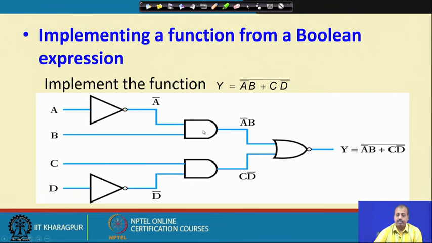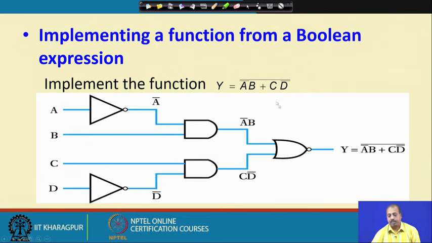Now, how do I realize a bar b? For getting a bar b, I have to do AND of a bar and b. So, this is an AND gate and we have a bar and b here. b is coming directly from the primary input, but to get a bar I have to take an inverter, and then a will be applied here and a bar will be obtained from there. Similarly, for getting c d bar, I need another AND gate, in which c will be one input and d bar will be the other input, and for getting d bar from d I have to have an inverter in between.